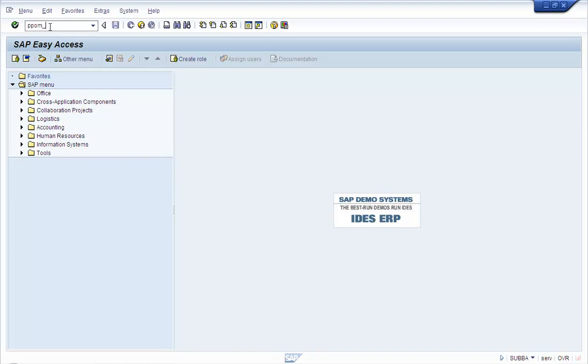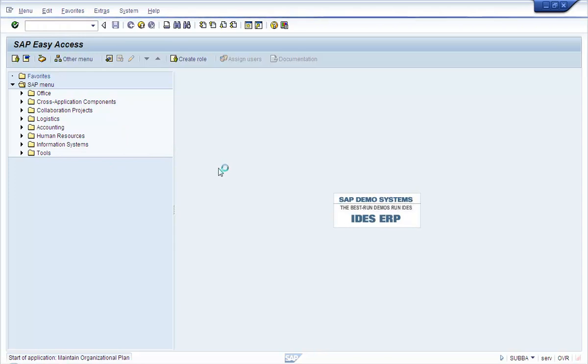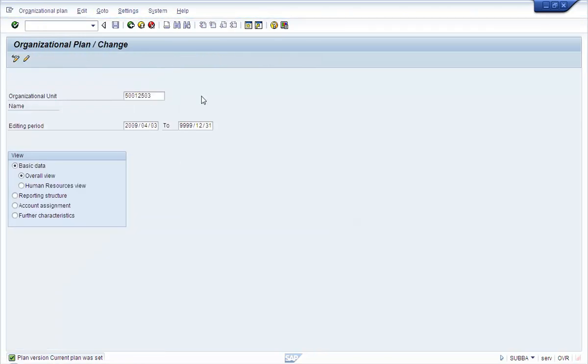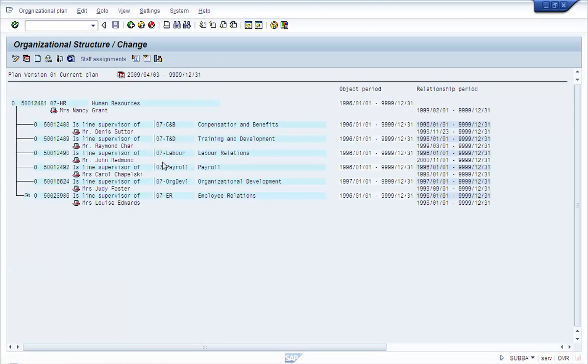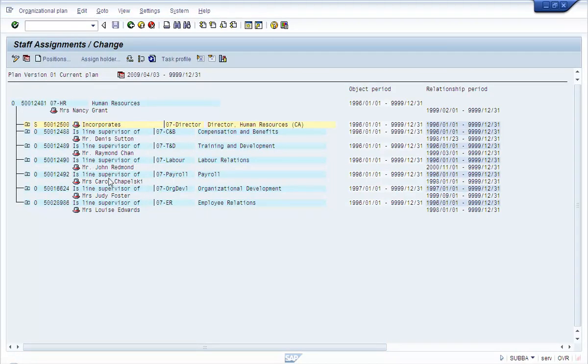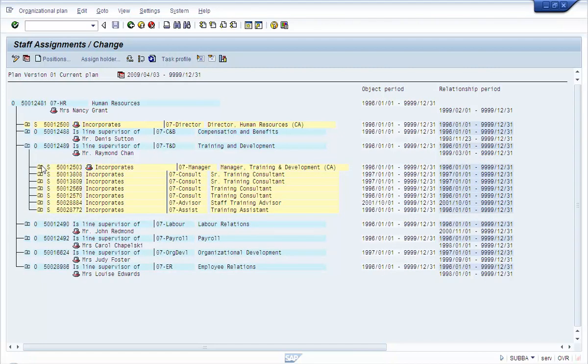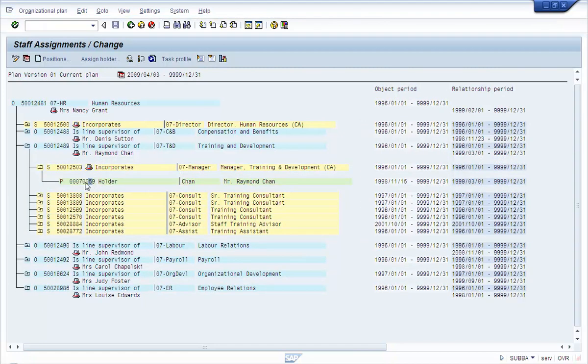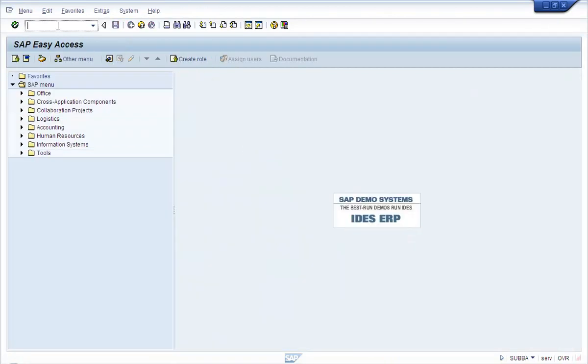PPOM_OLD, and let's take this position, and let's go to staff assignments and pick up Raymond Chan's partner. So Raymond Chan's partner is 70059. So let's open up another session and go to PA20